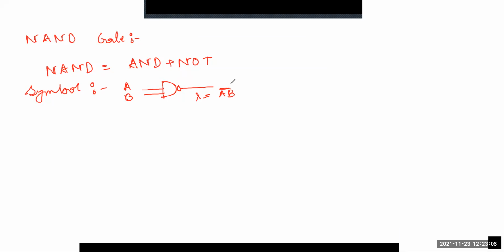Okay. So now one thing, how this expression is coming. You can ask a question. So here you can see the NAND gate is a combination of AND gate and NOT gate. So this is the actual symbol, or the special symbol, of NAND gate. So if we modify here, suppose first one is the AND gate. So here if